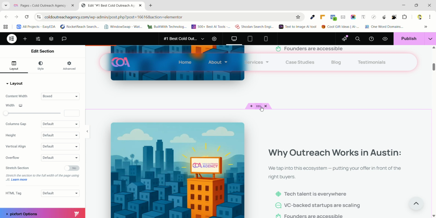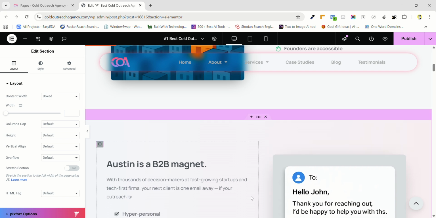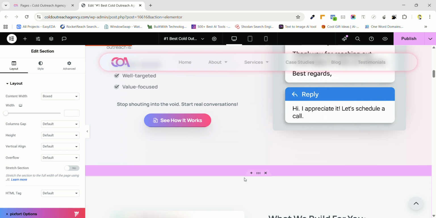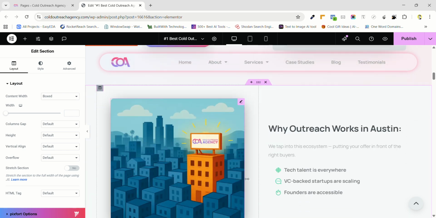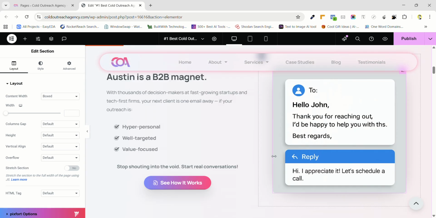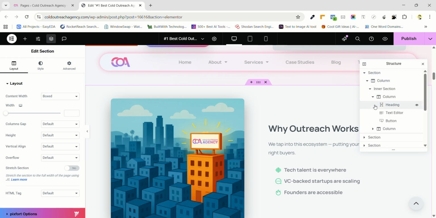We can move this section up or move this section down by just grabbing it through left click and then dragging it way down here and releasing it, and we see that this has been dragged from here to here. Or what we can do is we can just click on structure, and we see that when we click on the section,